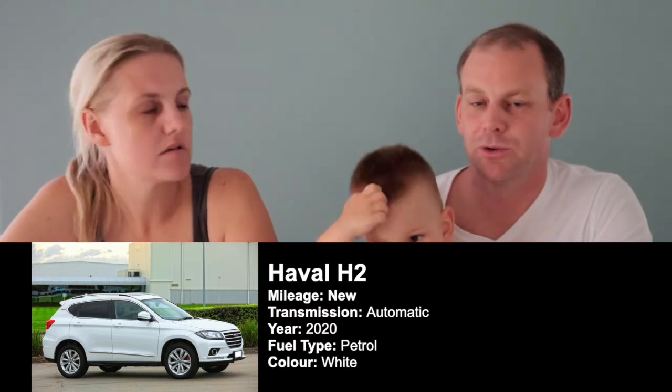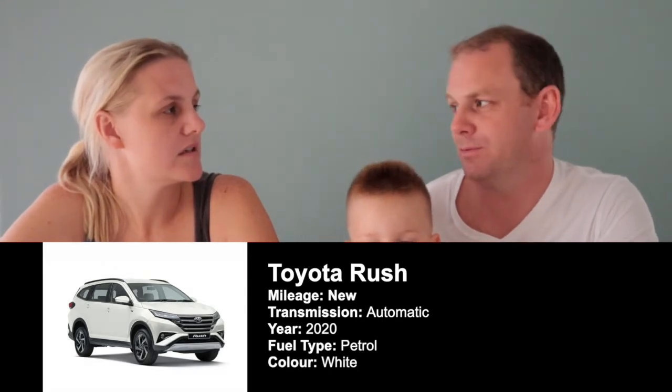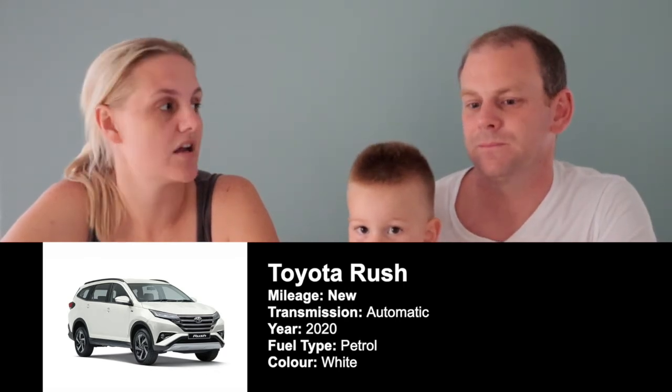And we were sort of comparing it to the Toyota Rush, which also has a 1.5 engine, and I did drive that one. And I felt like the car was a bit slow and sluggish. And we've always liked the look of the Rush, and we've always wanted...